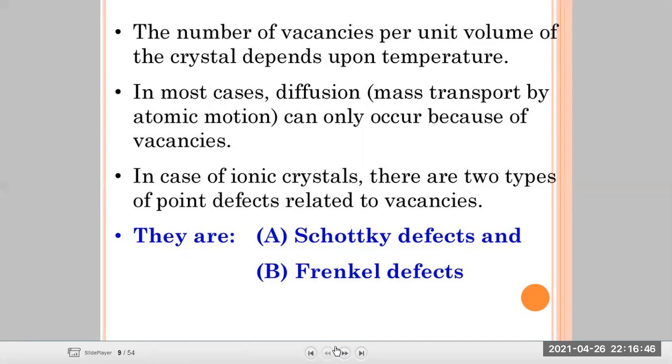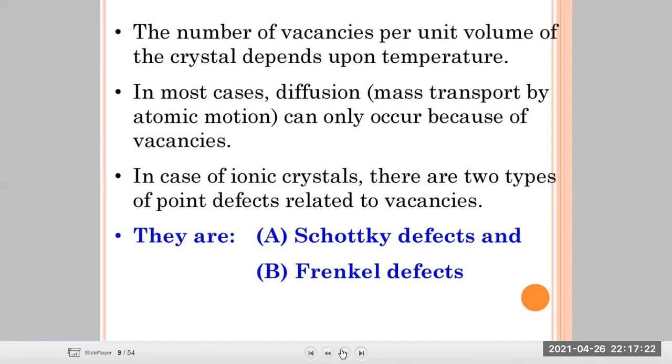Here Na+ and Cl- cations and anions will be there. In those crystals, the defect is observed in the constituent particles, and we simply say that it is the ionic crystal defect. In the ionic crystal, there can be point defects. There are two examples of this type of point defects observed in the ionic crystal: the Schottky defect and the Frenkel defect, which you already studied in your lower classes, right?